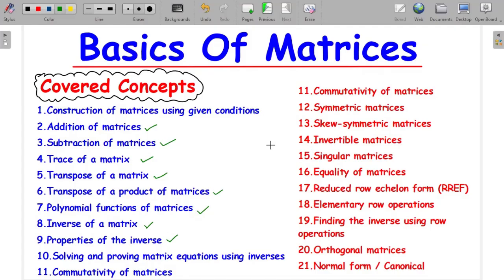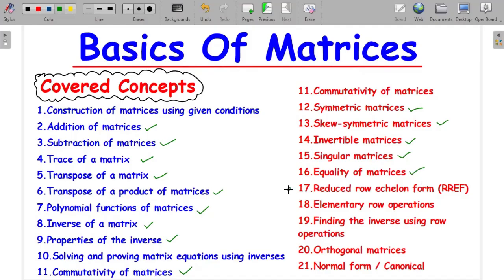property. Another thing that we are going to look at will be the commutativity of matrices. So when do we say that these two matrices are commutative? And that property is very important, as you will see later on when we'll be doing the questions. We'll also look at symmetric matrices, the skew symmetric matrices, the invertible matrices, singular matrices, equality of matrices, and